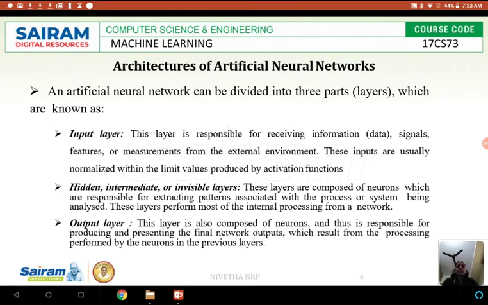The architecture of an artificial neural network is: we have an input layer followed by a hidden layer and the output layer. The input data we give, the images or signals, will be given to the input layer. We will not give the entire image through one node.